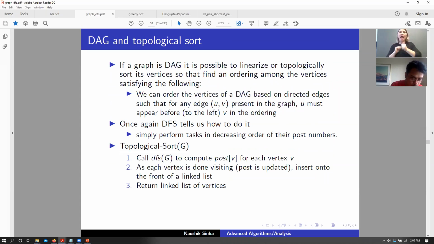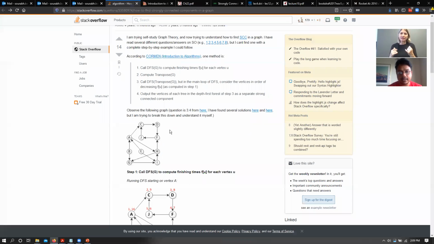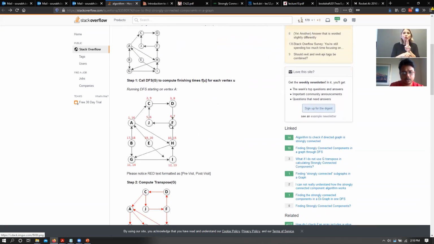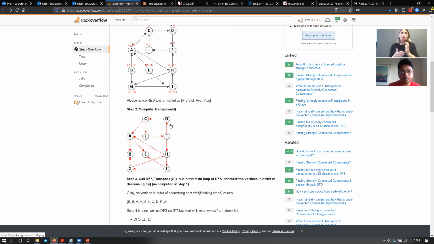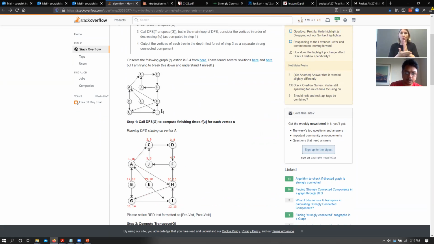So I think this morning, Brian Nees gave me a very nice link on Stack Overflow that has a very detailed explanation of an example graph, where the user actually searches for strongly connected components in this particular graph. I will be going over this example, but before I do that, I'm going to take this example and walk over topological sort first, and then we're going to move on towards strongly connected components. Basically this entire lecture will potentially be a dry run of both of these algorithms, so that you can have a better understanding of what's going on.